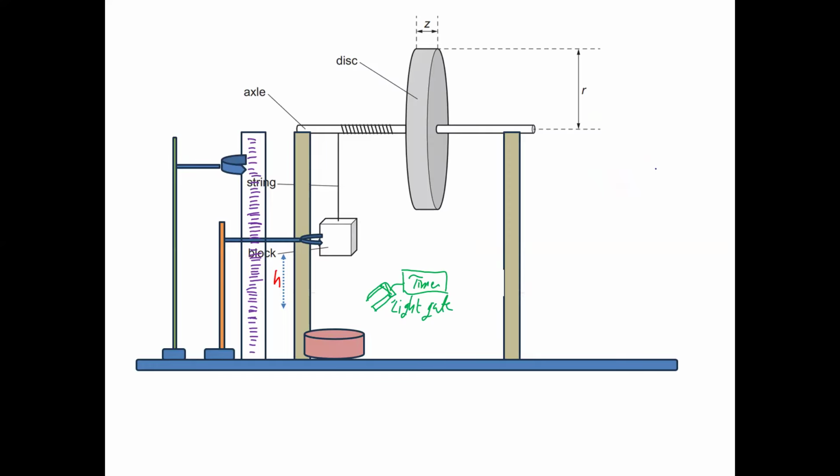The block is attached on a stand. I have a meter rule. I have put a sandbag under the block. I have put two supports for holding the axle. I am using the examiner's diagram. I can do that, but I have to draw it again. So I have an axle. I'm holding the block, so I will release the block. I'm holding the meter rule and this is on a bench.